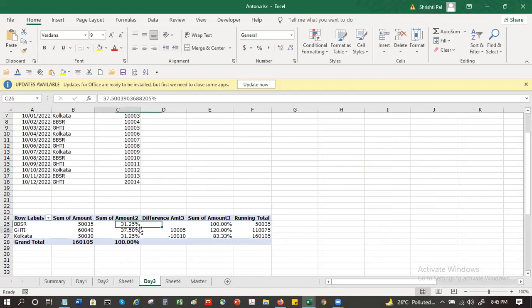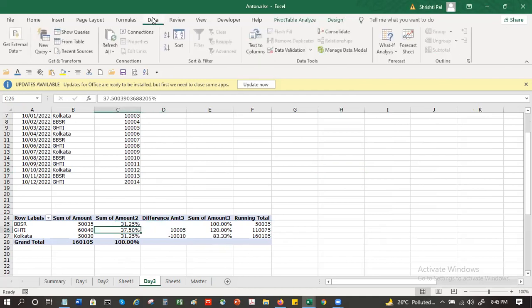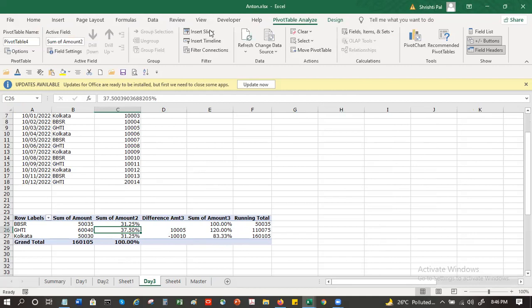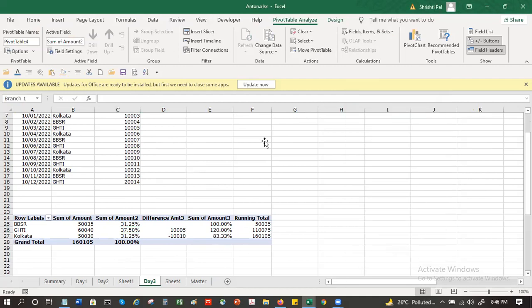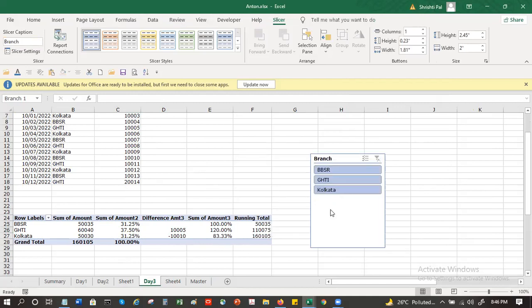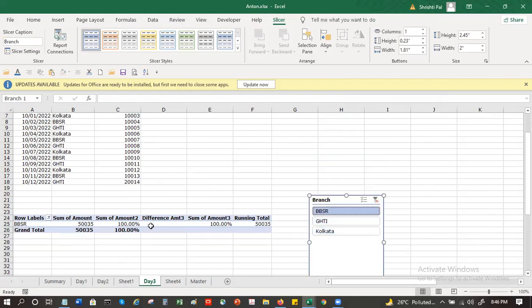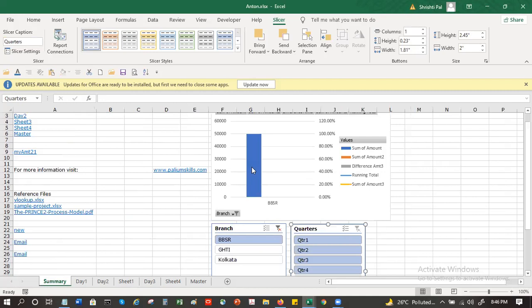Now see, let me show you live. I click on BBSR, my pivot table changes. Because this changes, that is why my graph also changes, because it is based on that same pivot table.